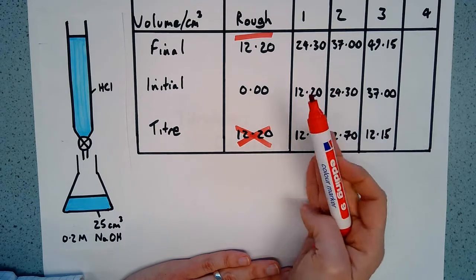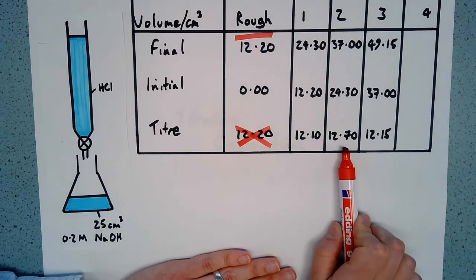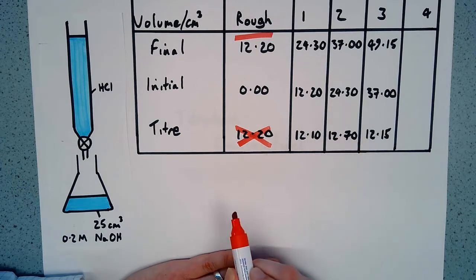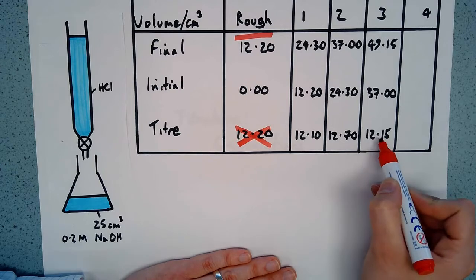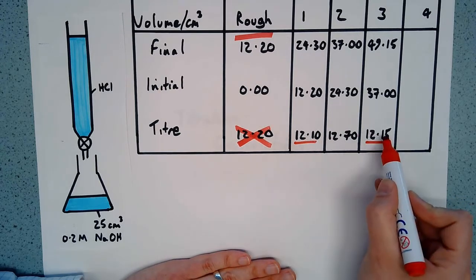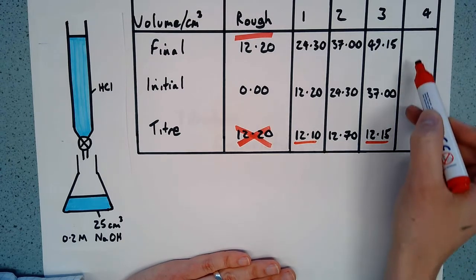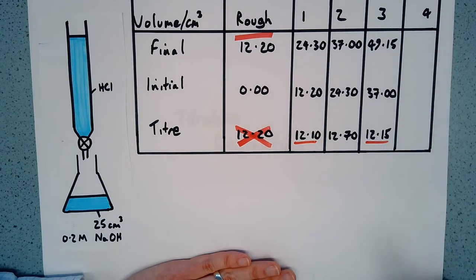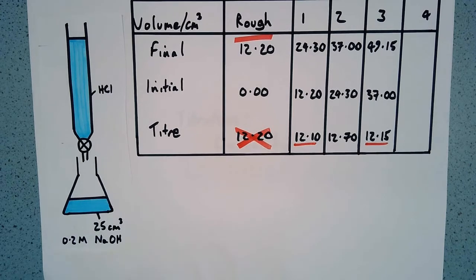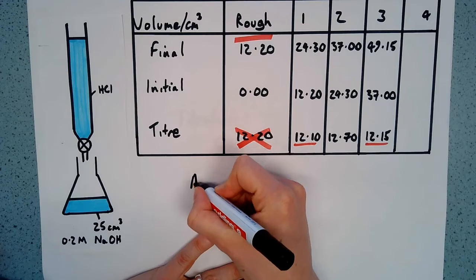We're going to continue doing our titration until we get concordant results. You can see that my second one here, it's gone a little bit over. There's too much added. These are 0.6 apart. They're not concordant. This one is concordant, and so therefore we're going to use these two results. Now at this point we can stop the titration. We don't have to fill up this last column, we don't have to do another experiment because we have concordant values. So what we do with the concordant values is we calculate an average titer,